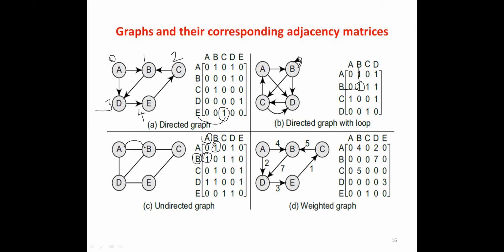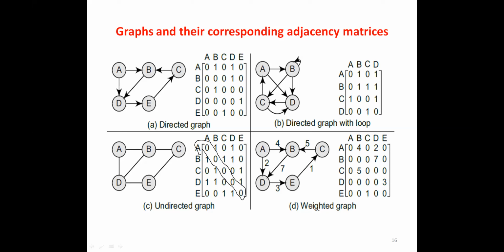Okay, and one more thing you have to note down here, the diagonal elements are 0 in case of an undirected graph. So it's a symmetric one, you can say like this, an undirected graph is a symmetric graph. Okay, why? Because it is a mirror to this one, right?